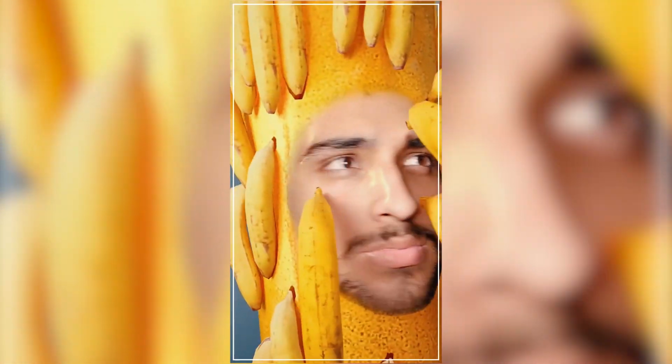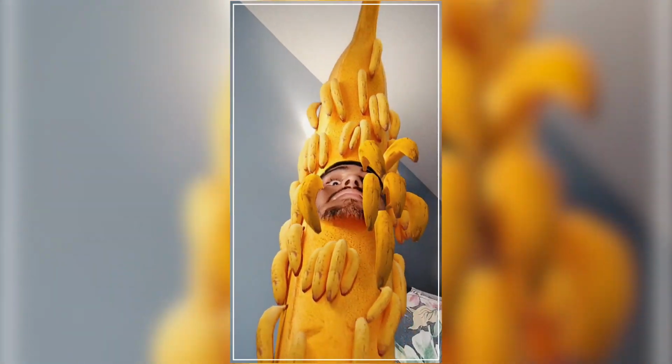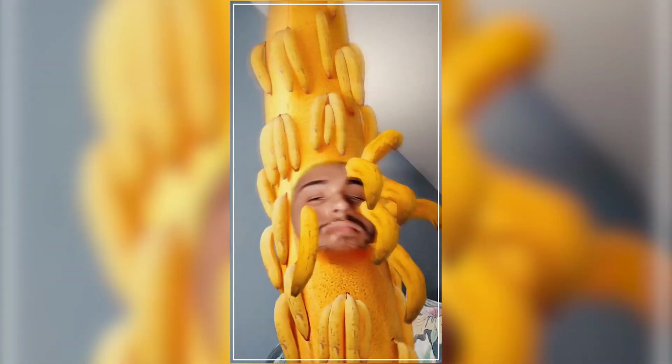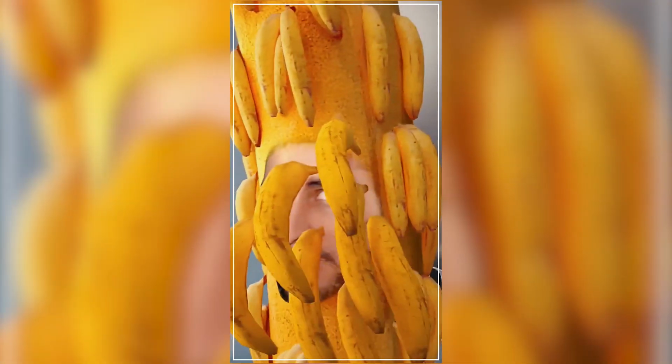So in the first episode of this series, I'll be showing you how you can get a realistic looking object running in Spark AR. If you don't know what Spark AR is, it's a really fun application developed by Facebook to create AR filters for use in Instagram and Facebook. Right now it's free to the public, so I recommend you dive in and check it out. Anyway, let's get started with the video.